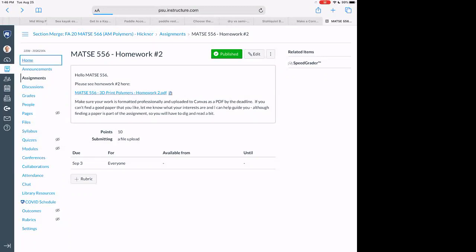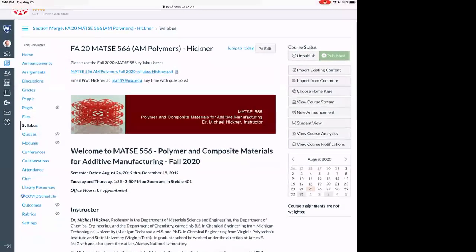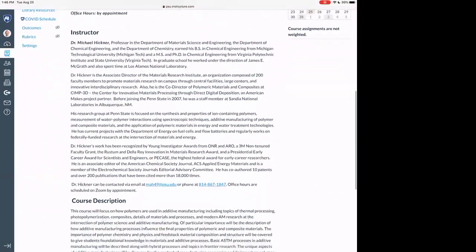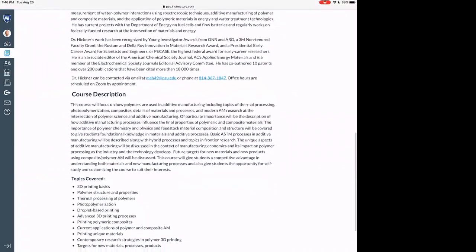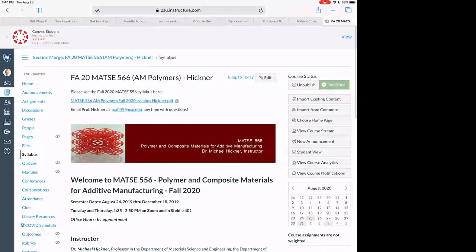Let's see. The syllabus for the course is here. So whether you click home or syllabus, I think it brings you to this page, but I'm not an expert on Canvas. So if you can't find something, just shoot me an email. This is just a description, so you can check all that stuff out. Please email me anytime. Give me a call. That's not a problem. My office phone goes to my home phone, so don't worry about that. These are some of the topics. And then if you click on the syllabus here,